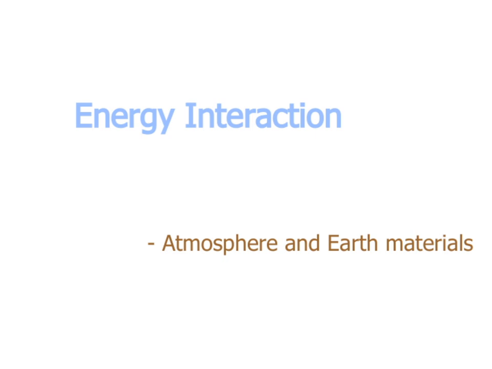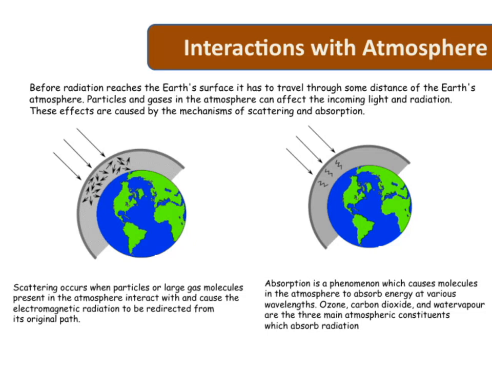Let's get started. Let's talk about interactions with the atmosphere, starting with absorption. Absorption is a process where molecules in the atmosphere take in energy at different wavelengths. This is a key mechanism because it influences how much radiation from the sun reaches the Earth's surface. Now, the main players here are ozone, carbon dioxide, and water vapor. These are the primary atmospheric constituents responsible for absorbing radiation, and they play a crucial role in shaping our climate